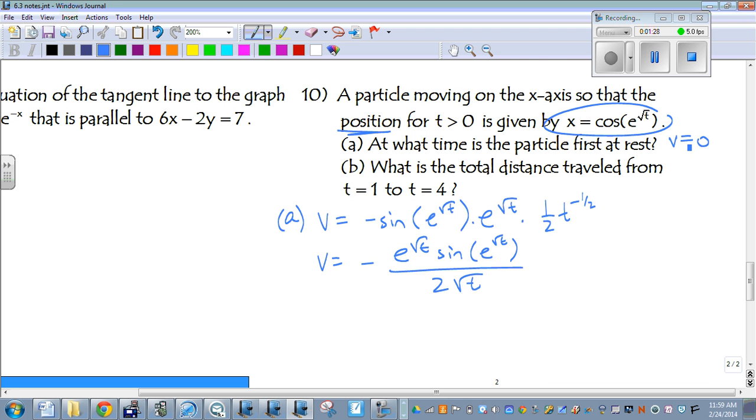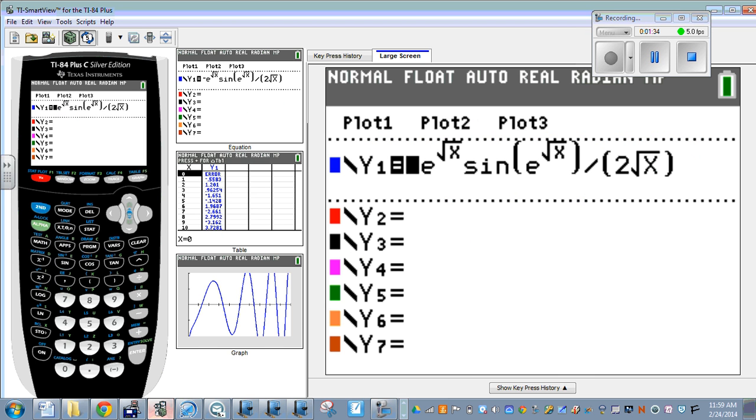We want to figure out when it first hits 0. Well, we can graph it. So if we put that in for our y sub 1 in our calculator, we have negative e to the square root of x times sine of e to the square root of x divided by 2 square root of x. If we go ahead and take a look at that graph,